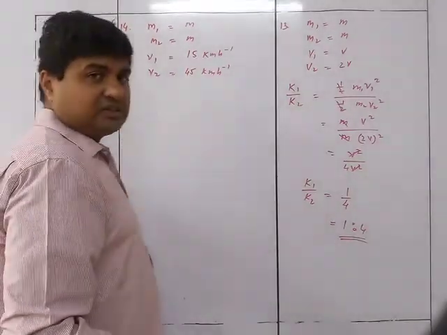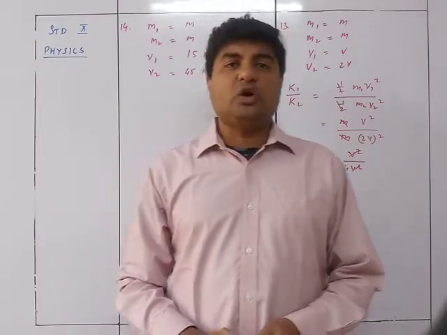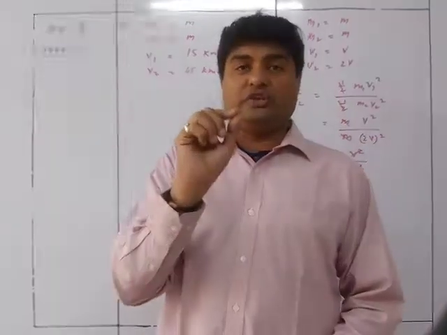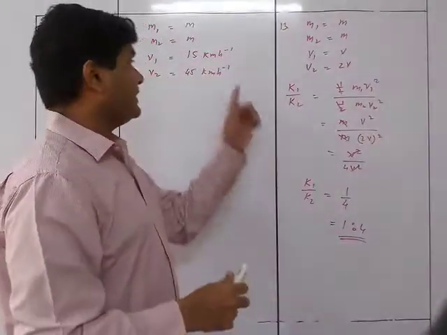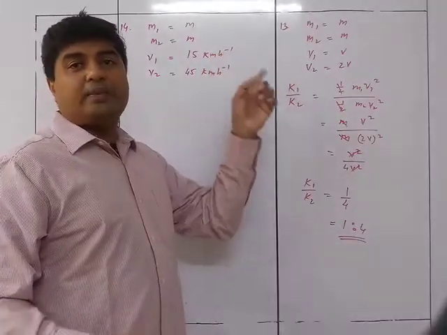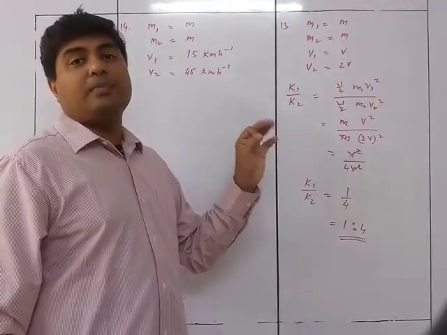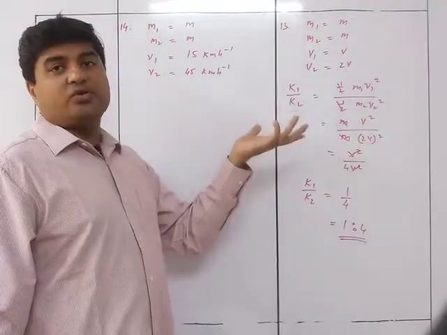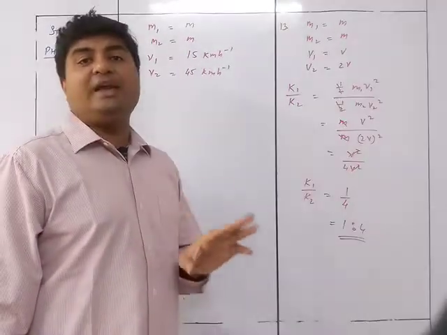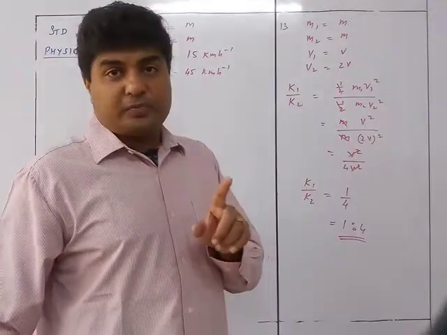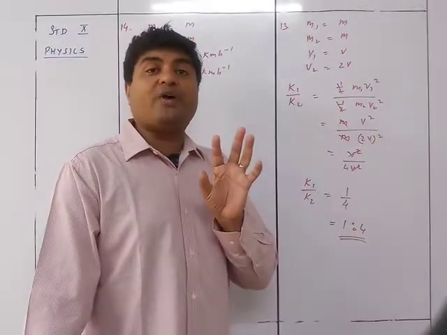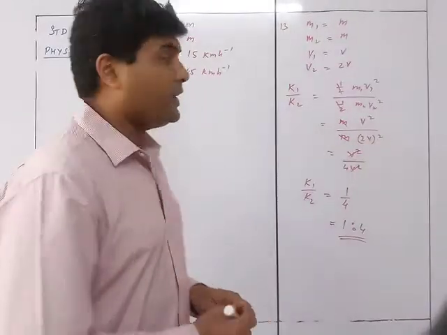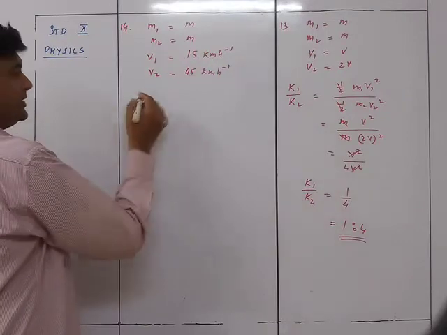Now, the first thing that would come to your mind is that everything should not be in kilometer per hour, this should be in meter per second. But don't worry, it's a ratio. When you are converting kilometer per hour to meter per second, you are just going to simply multiply by 5 upon 18. So multiplying over here also and here also, it is going to get cancelled. So there is no need of changing the units because it's a ratio. If this would have been to find out the value, that is different, but because over here it's to find the ratio, I would not require to convert this into meter per second.